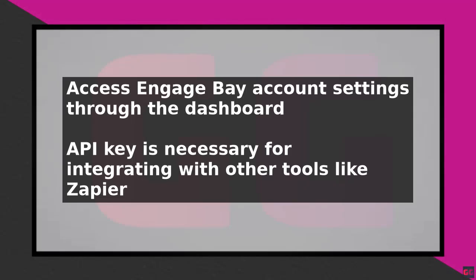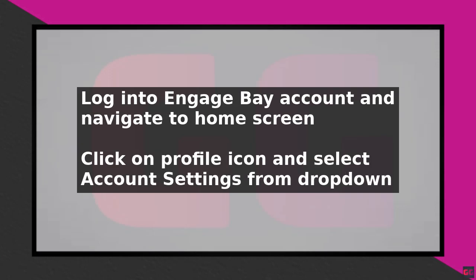To find your EngageBay API key, you'll need to access your account settings within the EngageBay dashboard. The API key is necessary for integrating your EngageBay CRM with other tools, such as Zapier, which is commonly used for automating business processes. To obtain the key, start by logging into your EngageBay account and navigating to the home